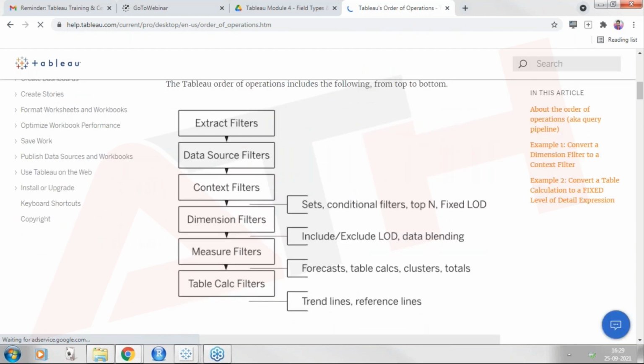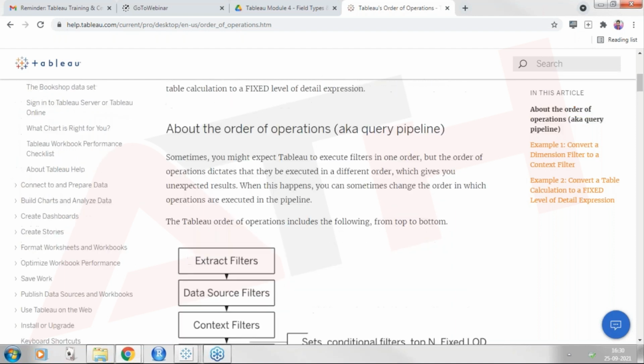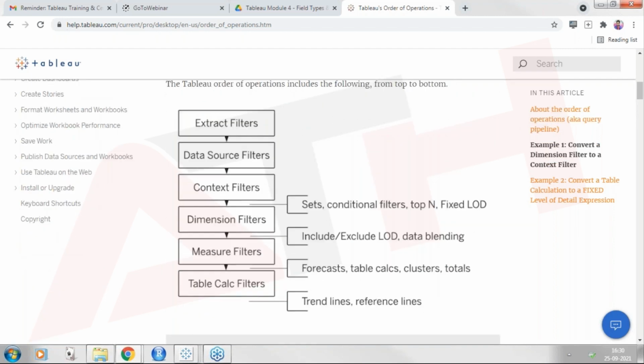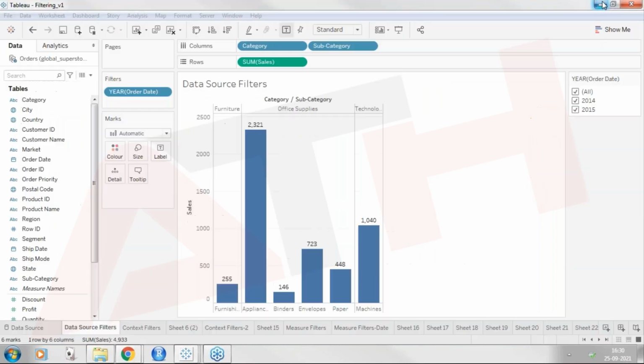It's written, and you'll understand it beautifully once you go through this, like how filters are actually executed in Tableau. I don't want to go into detail on that, because it would deviate a bit from the topic. So you can just go through this link. Okay, since we are done with the data source filters, then